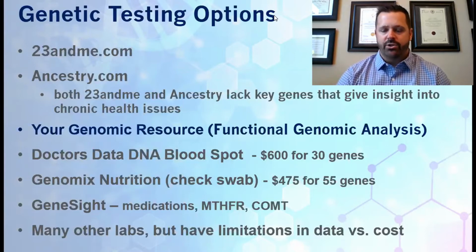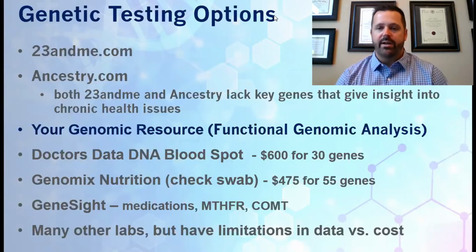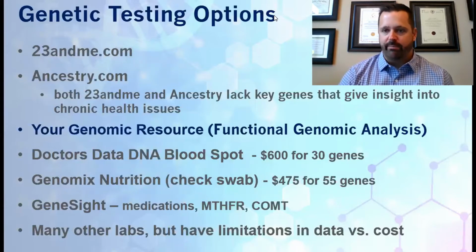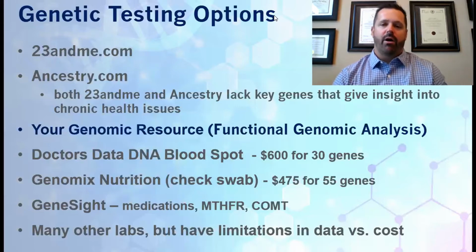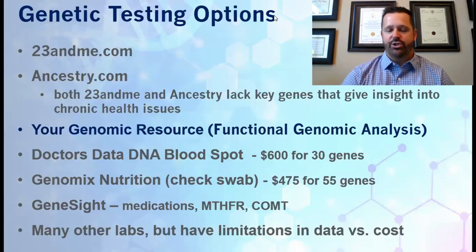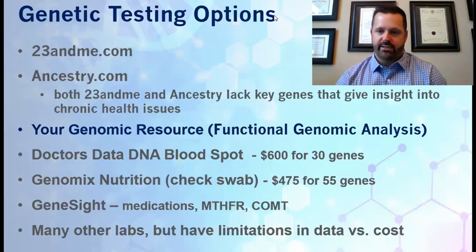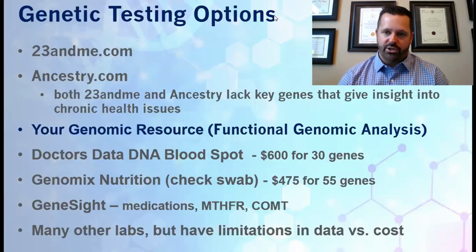The reason I like the functional genomic analysis test is for a couple of reasons. Number one, it's very, very thorough. There are a lot more privacy stipulations put in place. Everything's just pinned to a barcode in your sample, and the reports from the software that was set up to interpret this data are very nice and user-friendly. It gives a lot of information. Now, a lot of times you do maybe need to hire a practitioner or somebody really educated to walk you through that, but it does give you very similar health reporting